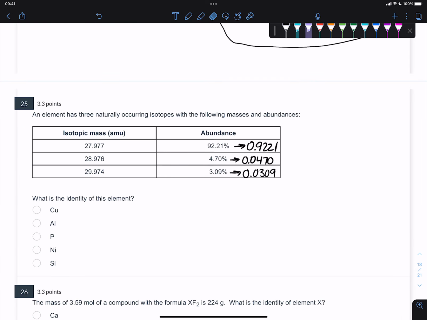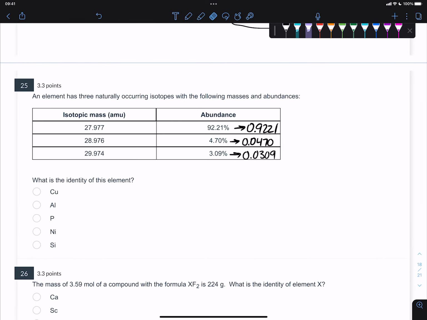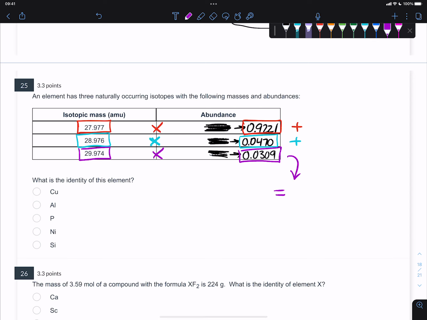All right, so all that is what you need, and you just multiply across. So you take the mass and you multiply it by the abundance as a decimal. Then you add that to the next one. Take the mass and multiply it by the abundance. I'm going to cross out the percentages because I don't want people thinking you're using them anymore. And then you add that to the mass multiplied by its respective abundance. And then you get an answer, so equals something. That thing you get is the average atomic mass